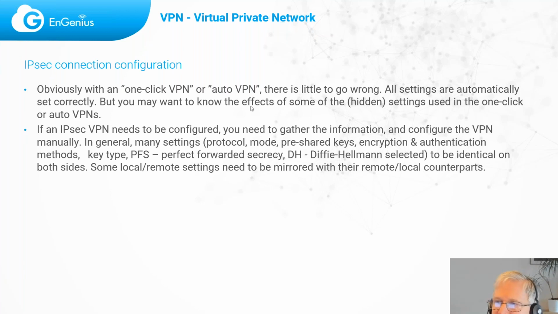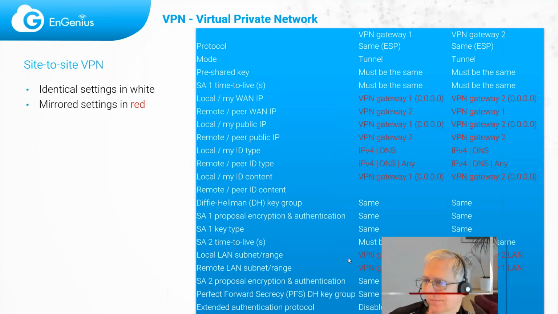So obviously, if you have something like a one-click VPN or auto VPN, there is little to go wrong. All settings are automatically set correctly, but you may want to know the effects of some of the hidden settings that are used in this case. If you need to configure, you have lots of settings that you need to either make the same or mirror them. And to give you some idea,